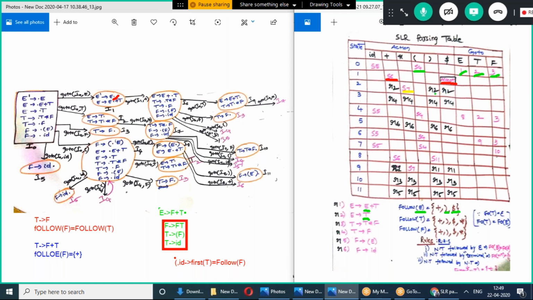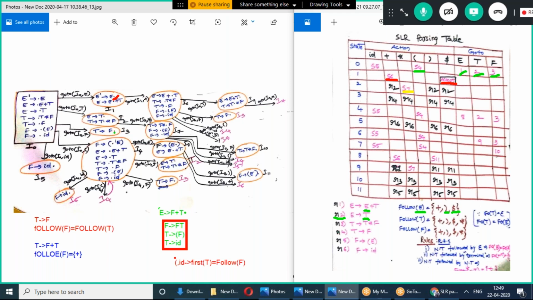In these positions we added R2. Why R2? This is the production E tends to T, that production number is 2, so we are reducing that second production. That's why we kept R2 at plus, close parenthesis and dollar.